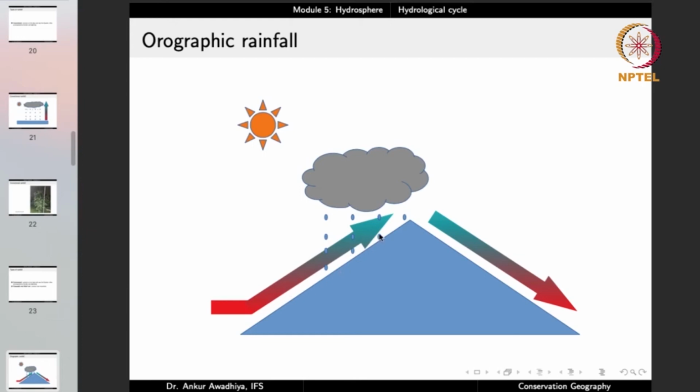And when the air moves upwards, again you have a cooling. Because of this cooling, there is a cloud formation and there is rainfall. When the air moves on the other side, it typically gets warmed, and so you will have a heavy rainfall on this portion but not any rainfall in this portion. So if this is the wind direction,